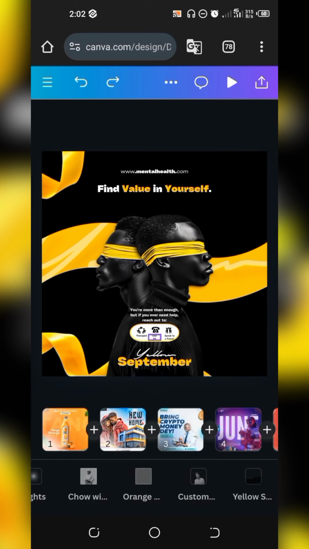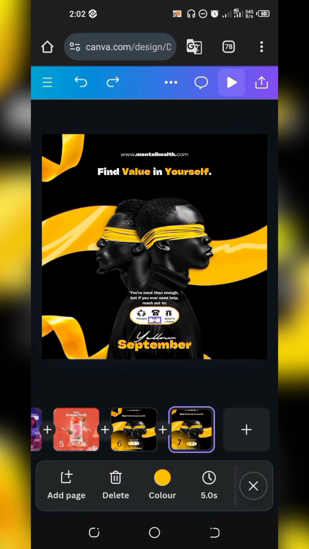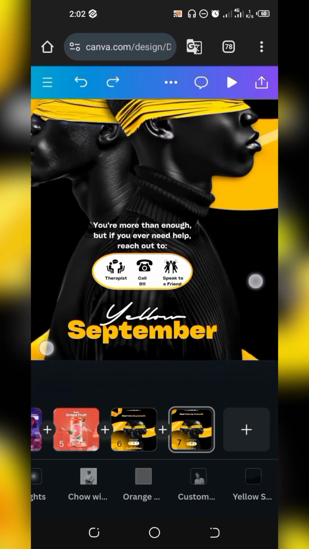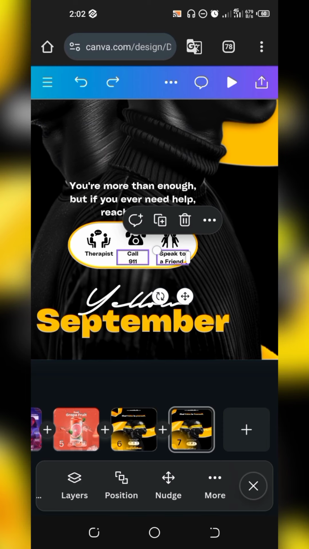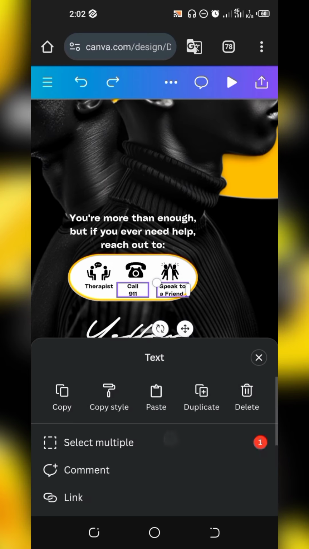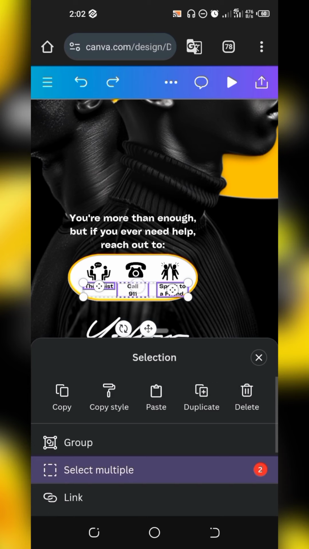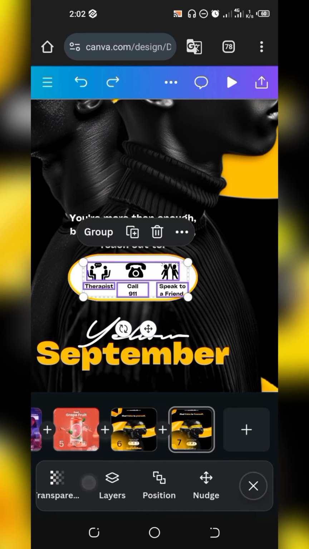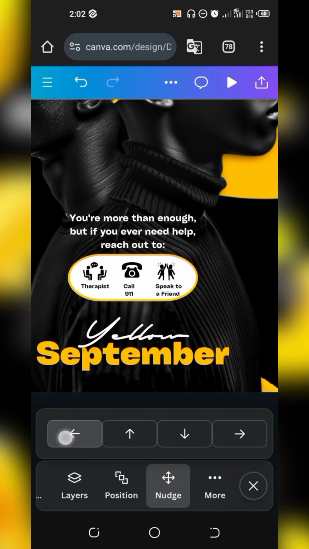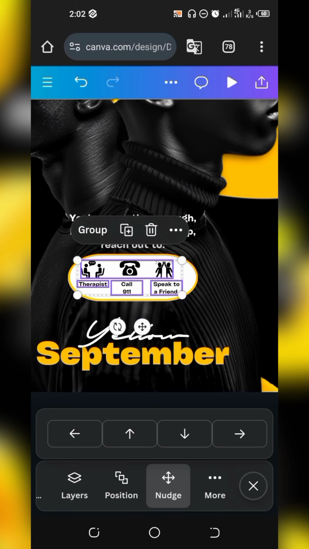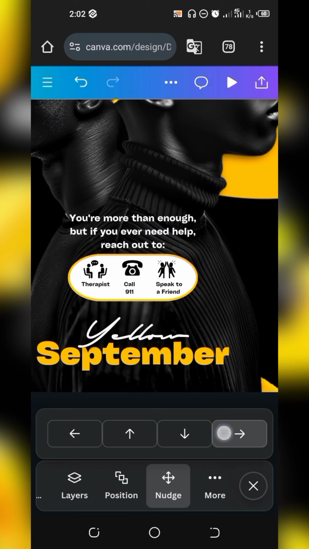Okay, so this is where we are now. Exactly. So let's select all of them and push them in a bit so that speak to a friend can actually be aligned properly. Okay, I think we already grouped them together. So push this in like so, take it up like this, push it like this.